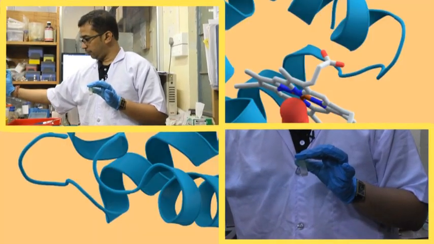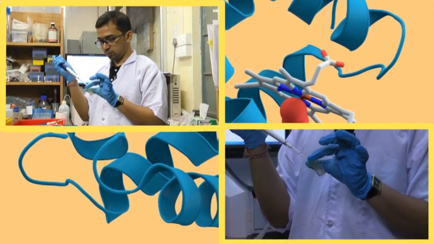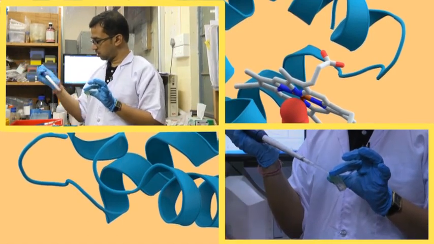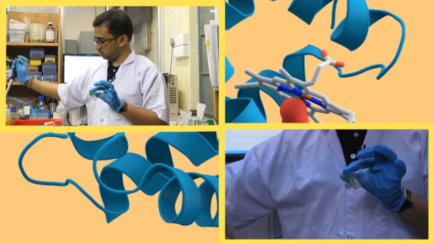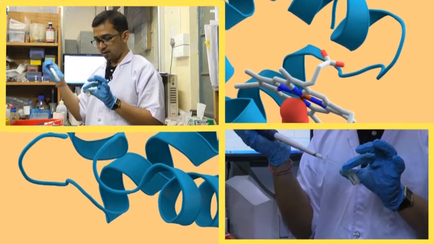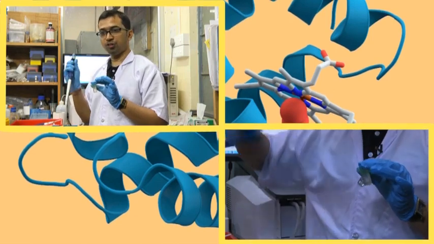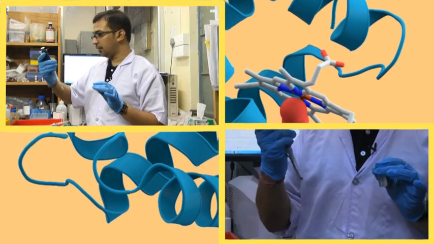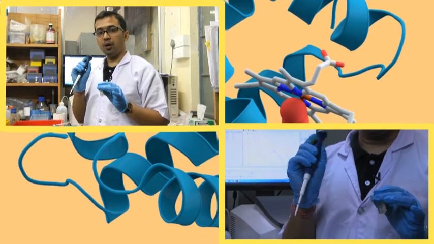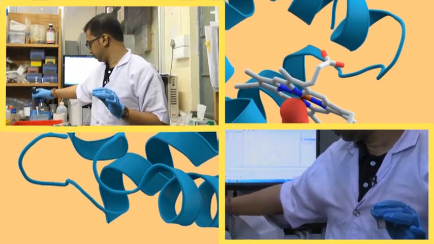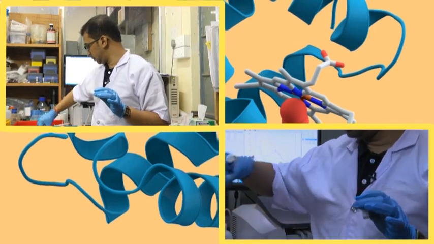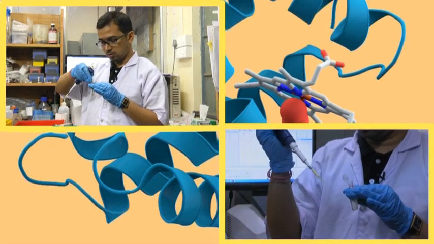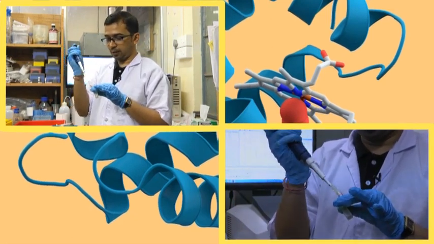Now I am taking 3 ml of phosphate buffer, this 1 ml, 2 ml, and 3 ml of phosphate buffer. To this, I will add 5 microliter of HFA. Now, this is the HFA, the same HFA which I have been using. I will add this 5 microliter of HFA.